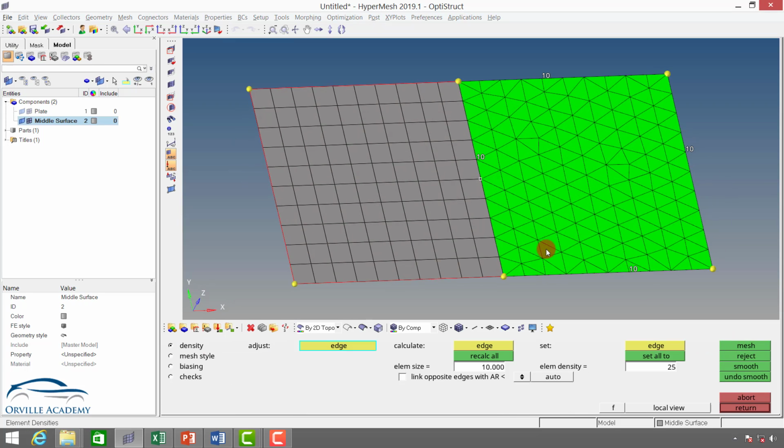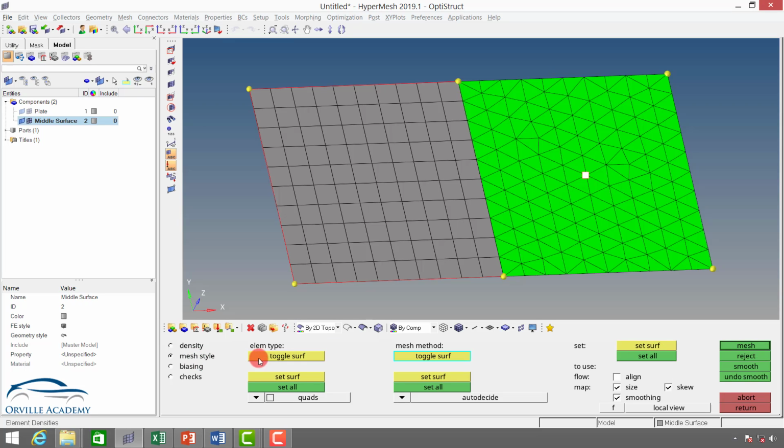Now here once the AutoMesh panel is activated, then and then only also you can change the element type. You can go for mesh style. Under the mesh style here we have element types. So element type I will set it to the chord or here also you can change to different type of elements and here I will say set all. You can see a symbol has changed over here.